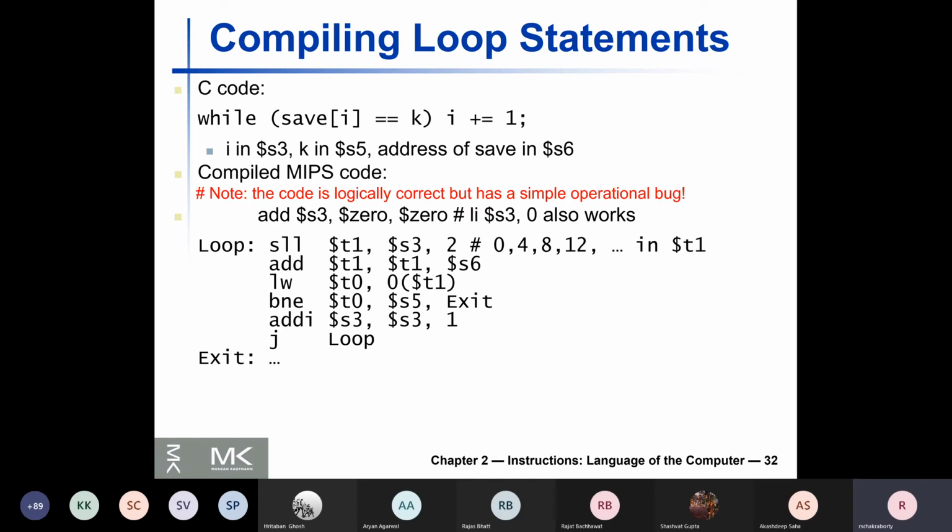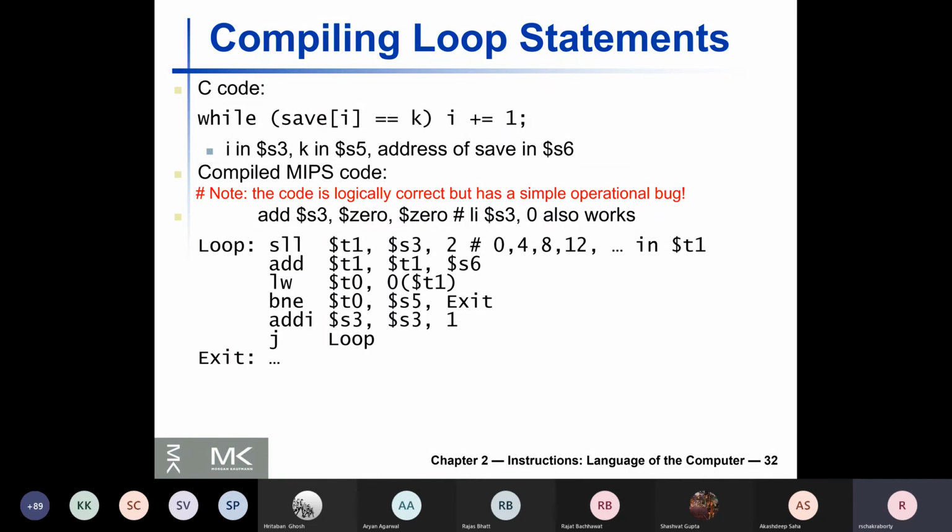Is the value in T0 exactly the same as the constant that has been stored in S5? If they are not equal, exit. Otherwise, you increase the loop variable by 1 by performing an addi instruction. So S3 is incremented by 1 and then you jump unconditionally to the loop beginning.